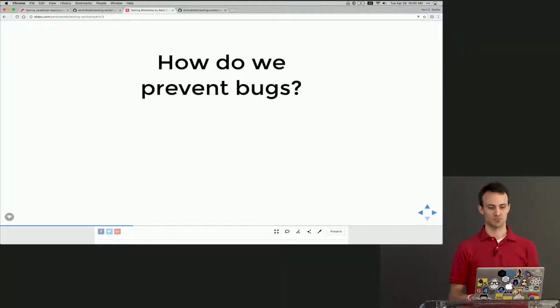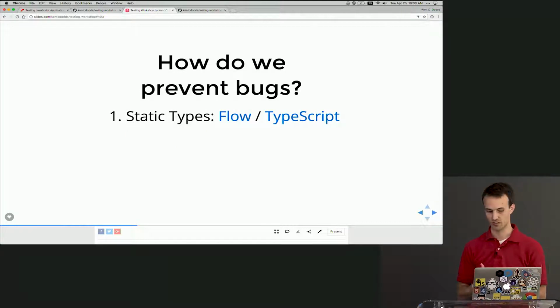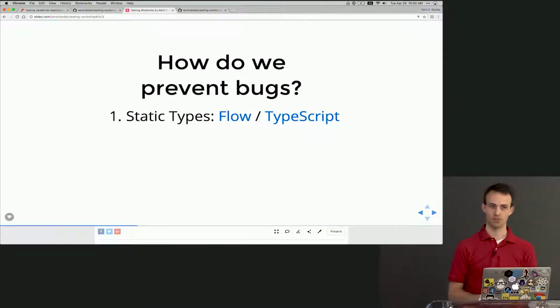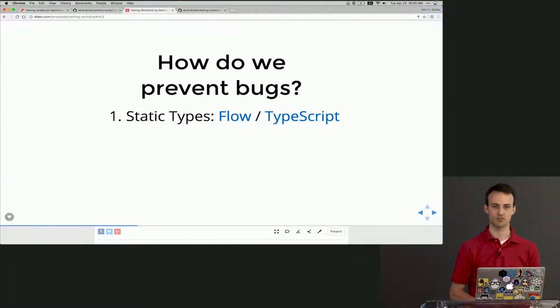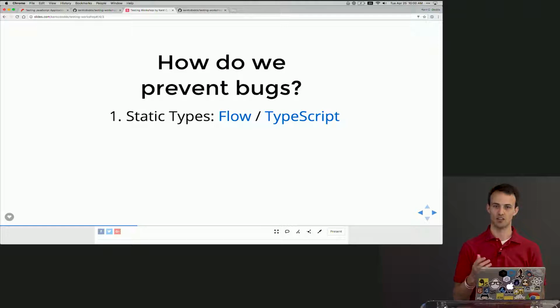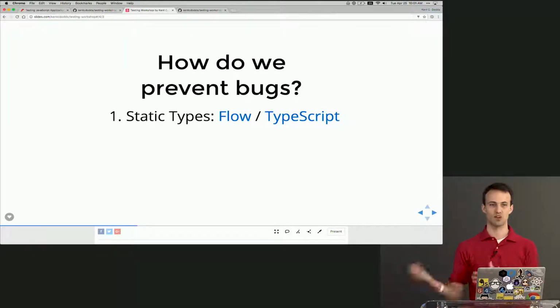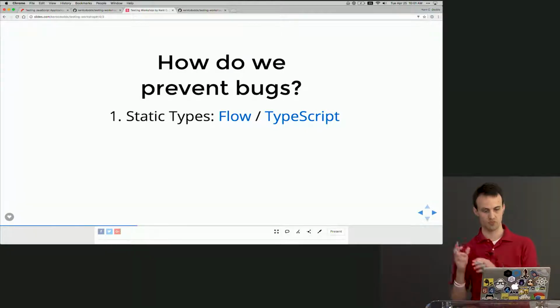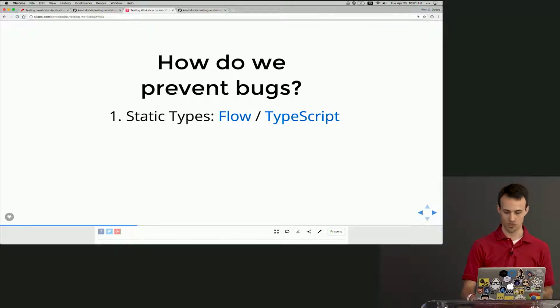I'll probably just answer this one for you because I'm looking for something specific. And I'm saying this in a very specific order. The first thing you should try to do to prevent bugs from ever happening is use types. Flow and TypeScript bring types to the language, and once you add types, there are a whole slew of tests that you don't even need to write. I don't need to worry about what happens if I call this function with a number when it's supposed to be a string, because Flow won't let me do that. So yeah, static types, if you can prevent a bug using static types, do that.